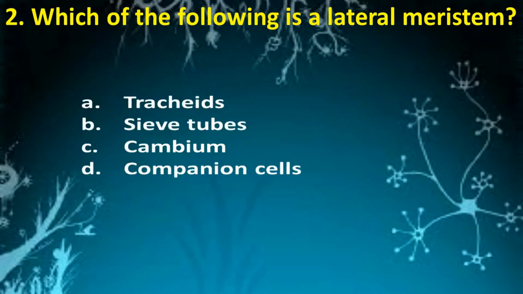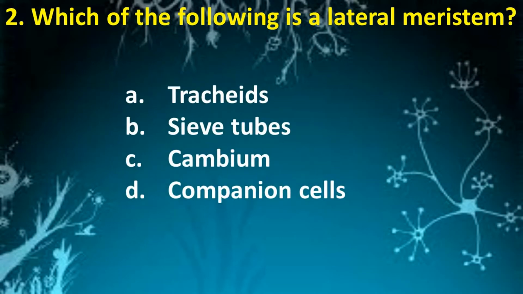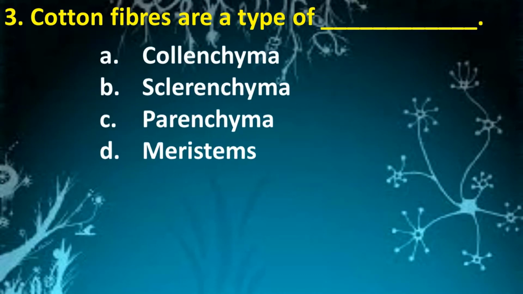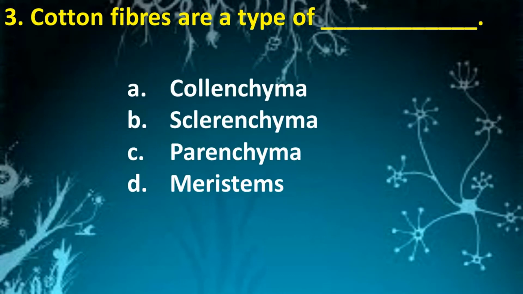tracheids, sieve tubes, cambium, companion cells. Answer is cambium. Next question. Cotton fibres are a type of: Collenchyma, Sclerenchyma, Parenchyma, meristems. Answer is